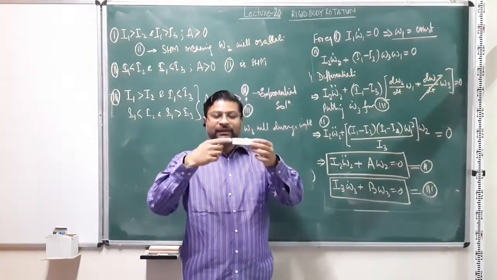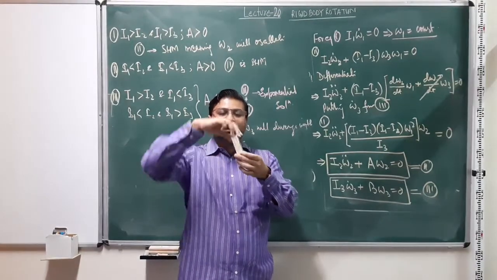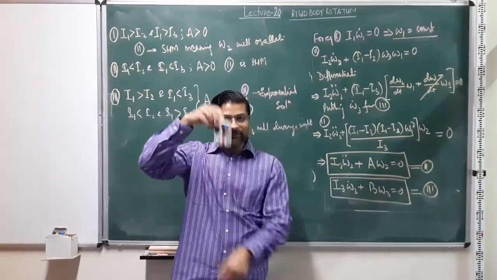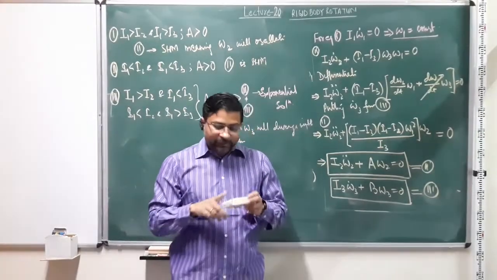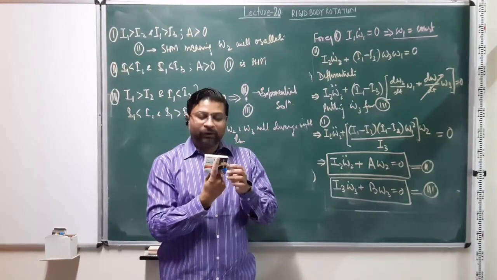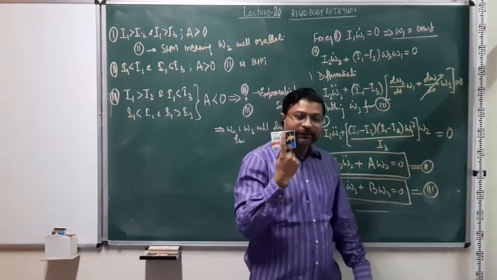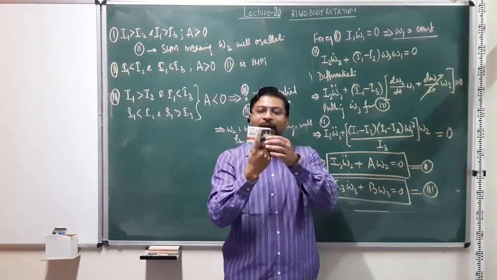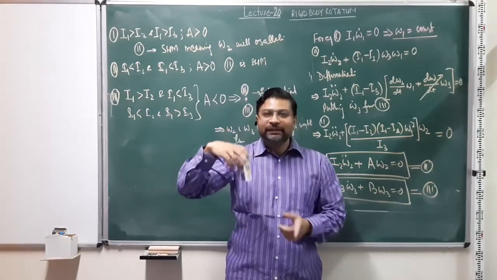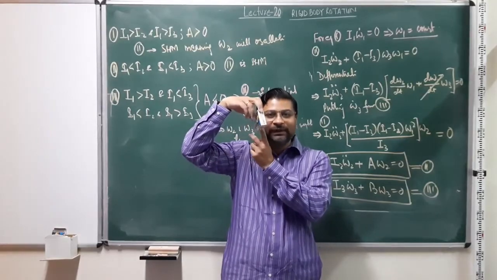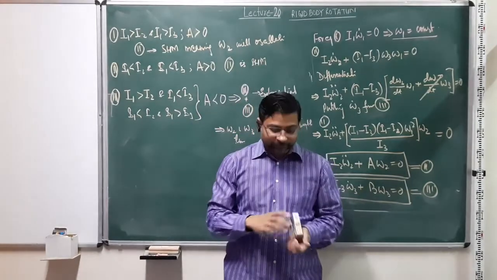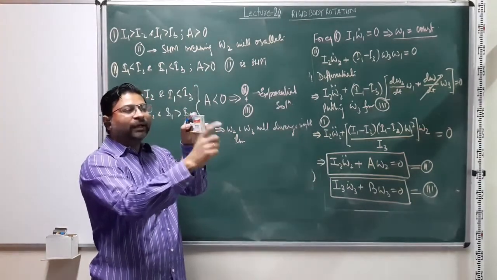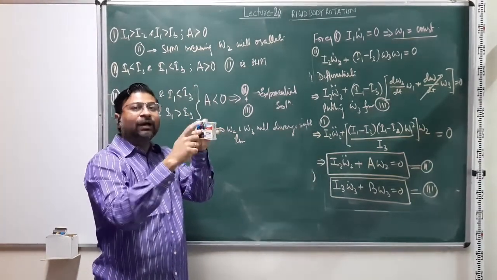If this is my least moment of inertia axis, and I rotate it about this axis and let it fall, it will again fall with this face going down. However, if the dimensions are such that this is the axis of intermediate moment of inertia, and I rotate it about this, what I'll see is it never falls with this face going down. It will tumble, because if this is now axis 1, then omega 2 and omega 3 are going to diverge with time.